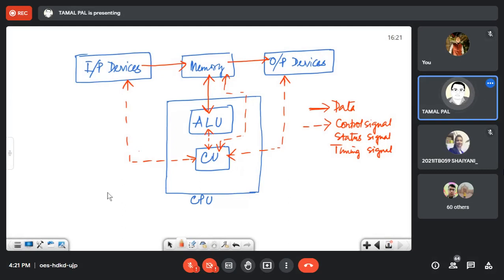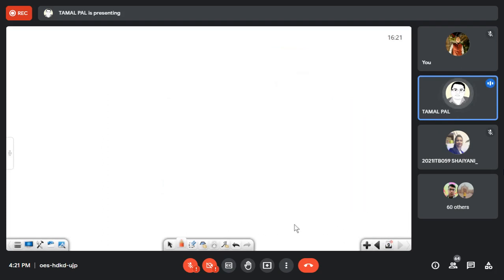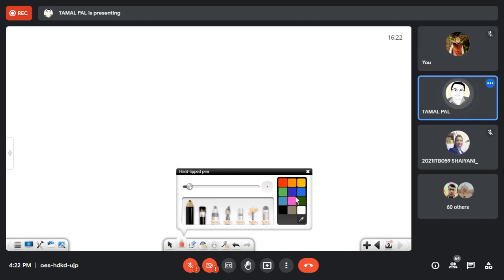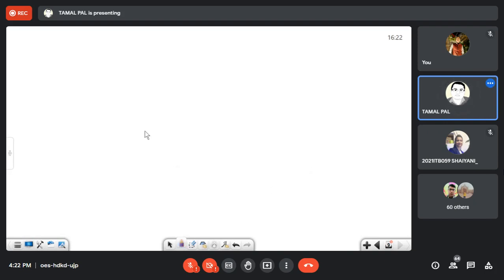Now for another diagram, I will write, because it will be easier for you to understand the layering inside a computer system. The core layer of a computer is hardware. That means if you open your cabinet, if you see any computer system, you will see electronic devices, mechanical and electronic things. So this is nothing but the hardware.